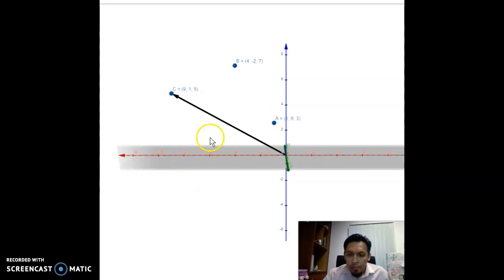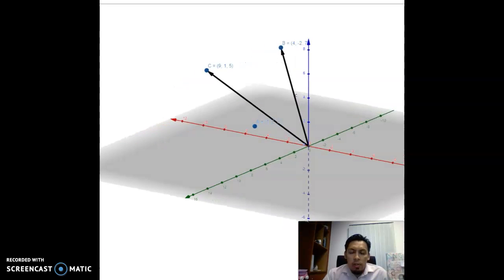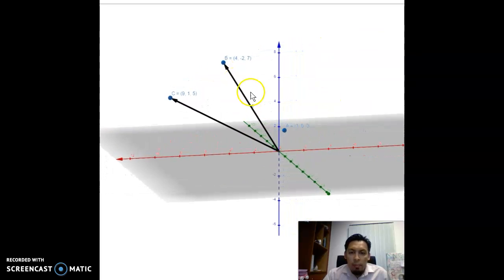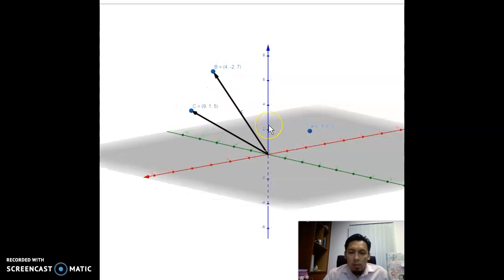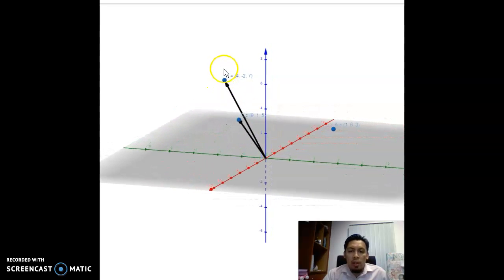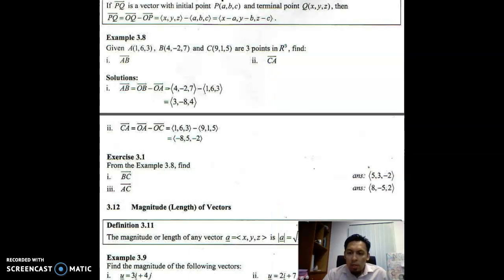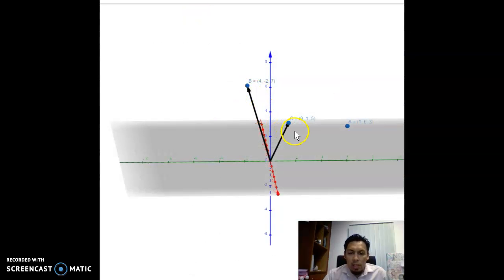So let me try to pull it out again. Where is it? Okay, there you have it. This is the vector of B. Now question one is to look at the vector B to C, meaning we need to subtract C to B, right? Subtract C to B to get vector BC. So when you subtract C to B,